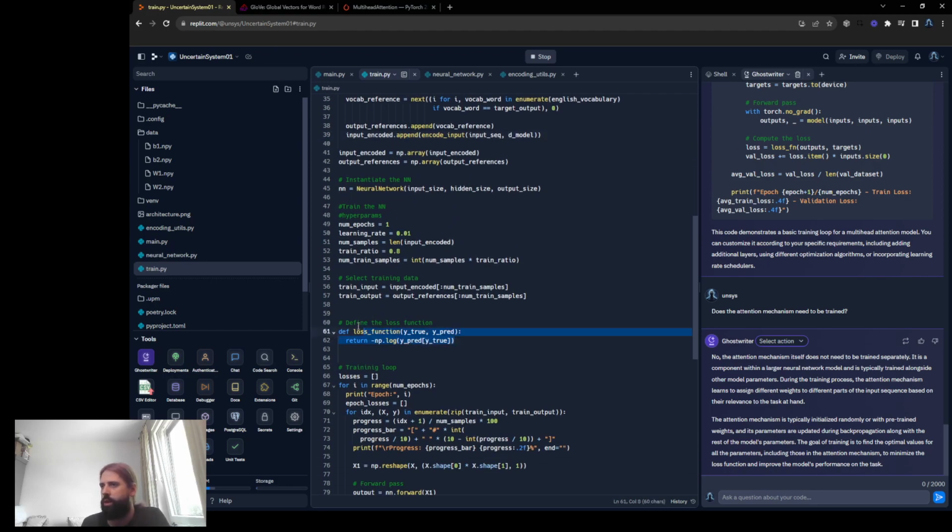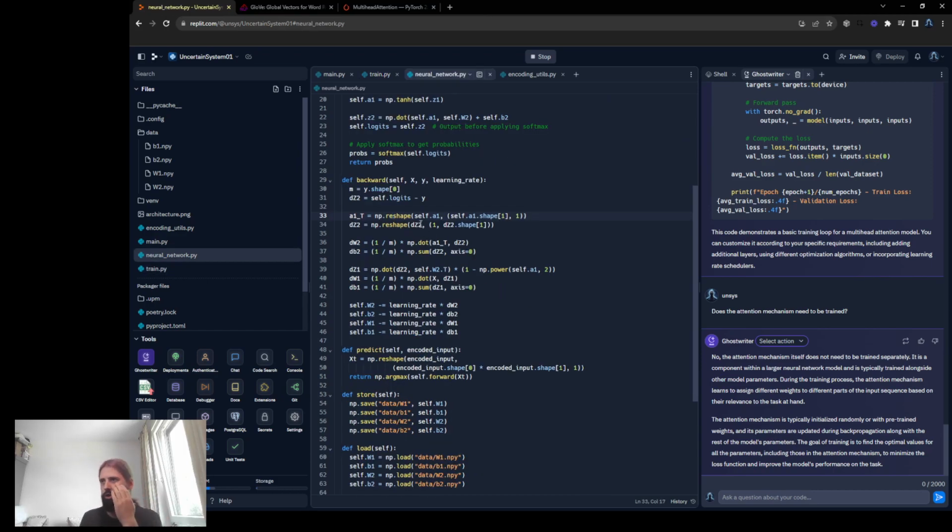This loss function kind of seems to make no sense. So there are two things. Take a look at the loss function. Another thing is to take a look at the actual backward propagation method, and including here also